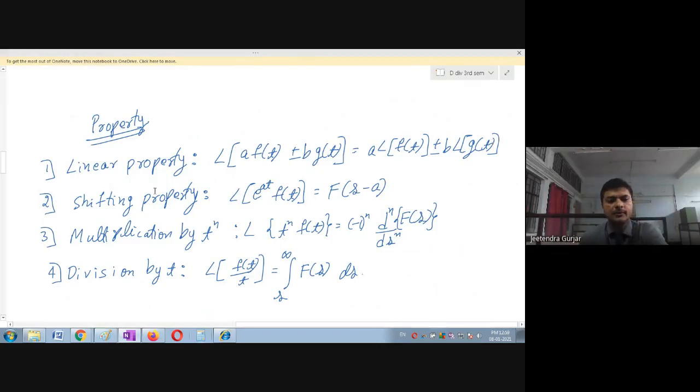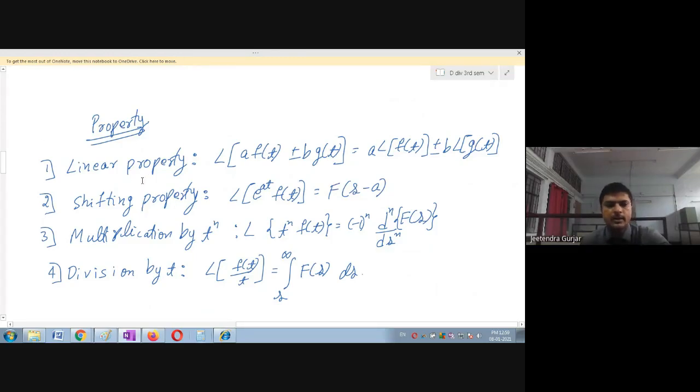Okay, next property we have is the shifting property. You can see here L is nothing but Laplace transform. Okay, students. So Laplace transform of e raised to at into f(t). We don't have any formula for e raised to at into f(t). Therefore, we use this shifting property. It says that whatever transformed function in terms of s you get, you are going to change only s to s minus a. This is capital S minus a. So again, this is helpful to simplify the problems which you are going to solve in the next class.